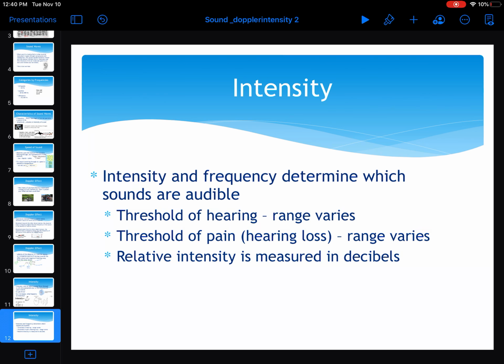So if we were to all line up in a straight line and we put somebody at the front of the line and they speak, the person closest to the sound source is going to hear that sound loud and clear. The intensity is going to be great. There's going to be a nice strong amplitude so that the volume is loud and we can hear clearly. The farther away we get from our sound source, then the weaker the intensity, the more difficult it's going to be to hear that particular person speaking, okay? The frequency, obviously we've talked about the audible range, so the frequency of